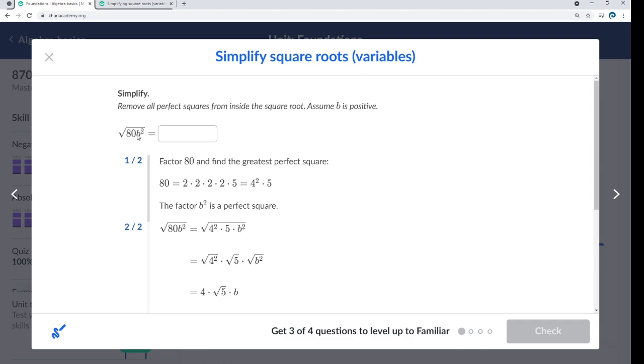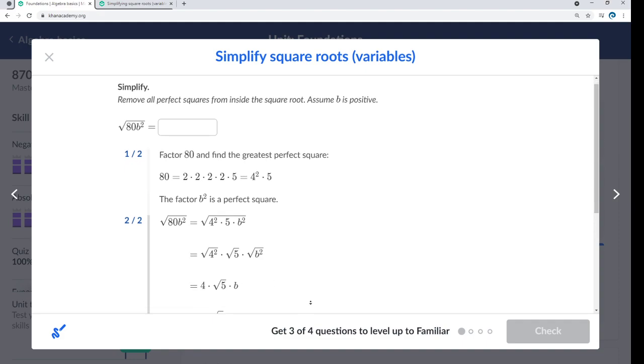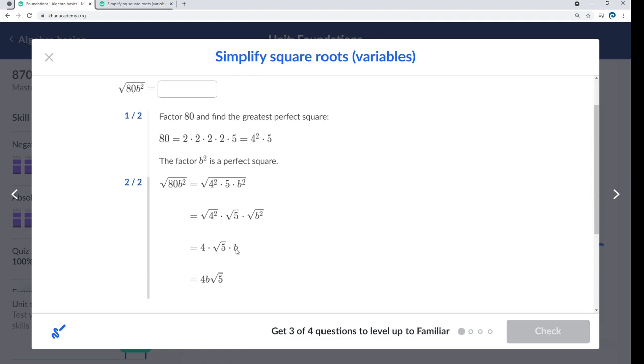So then they're just tacking on b to the second power to the end of that, and these are the individual square roots of those, and then you just move it around so that it becomes 4 times b squared